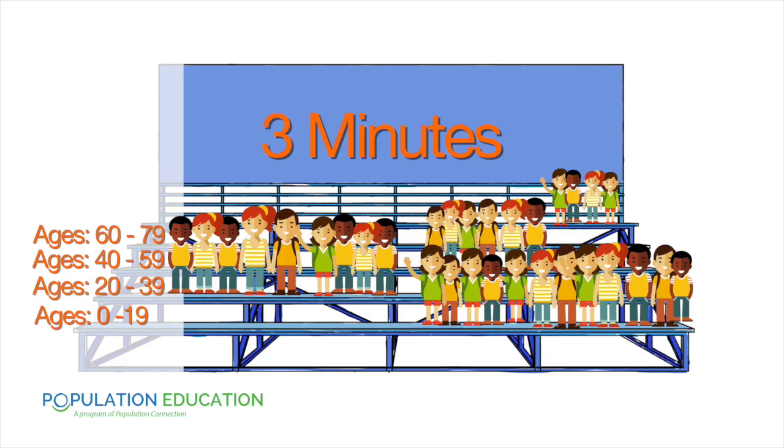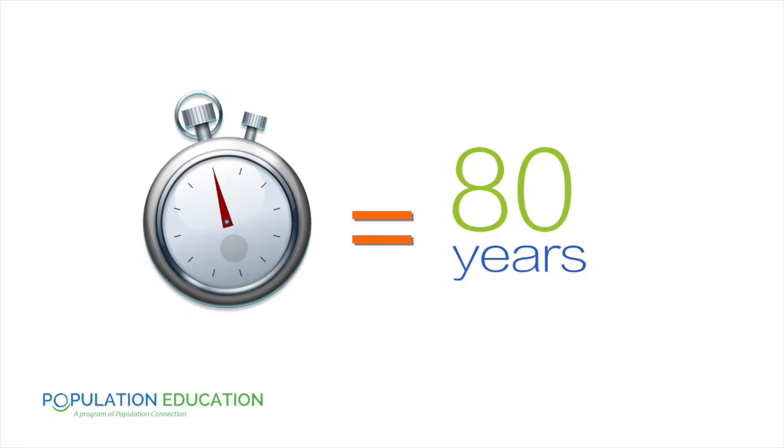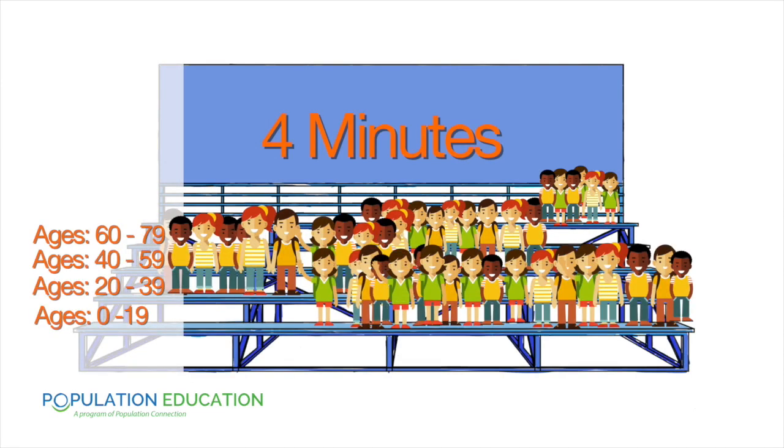Now, our original group in this next minute will meet their life expectancy, so they'll have a seat and everybody else will move up. So at this point, our 12 students who were just added to the ages of 0 to 19 are going to move up into their reproductive years, and they have the potential to form 6 couples, all of which will have 3 children. So at this point, we're going to add 18 students to the bottom bleacher, and we have a total of 45 students on our bleachers representing our population.